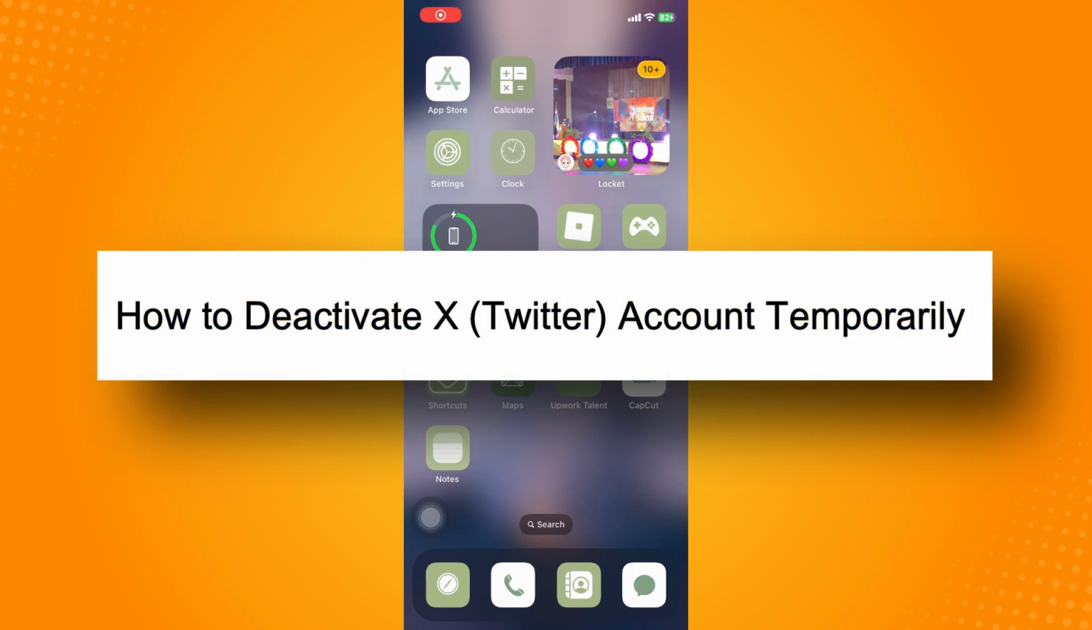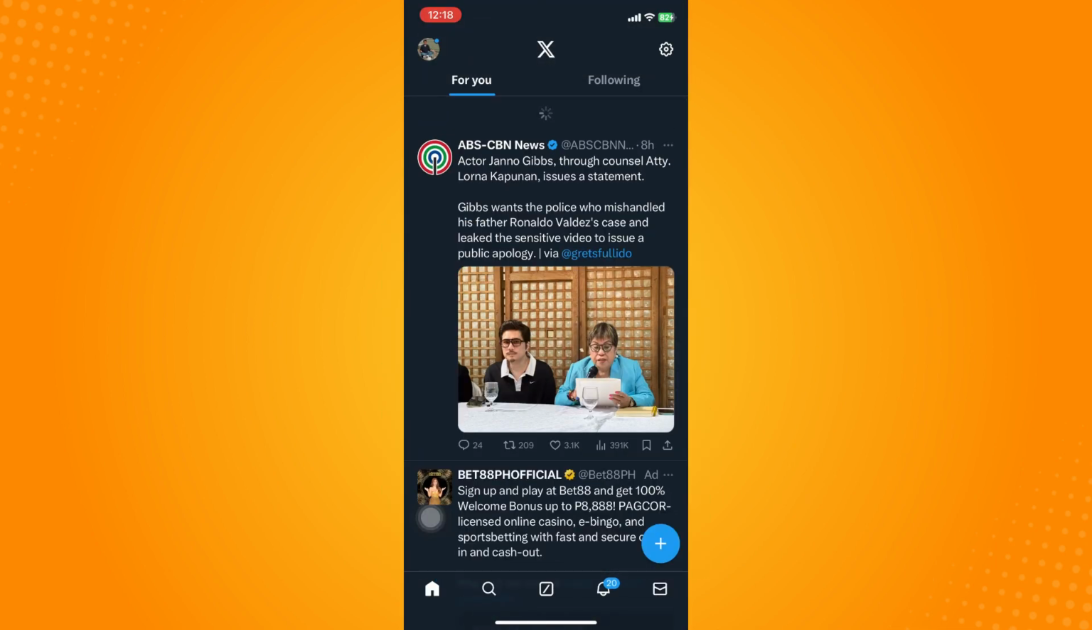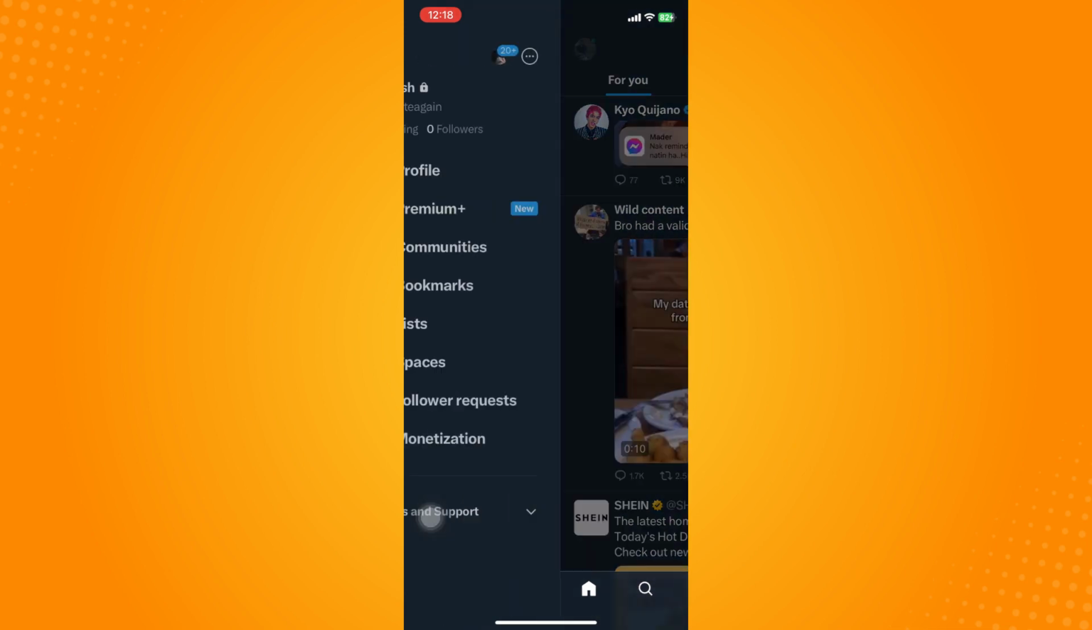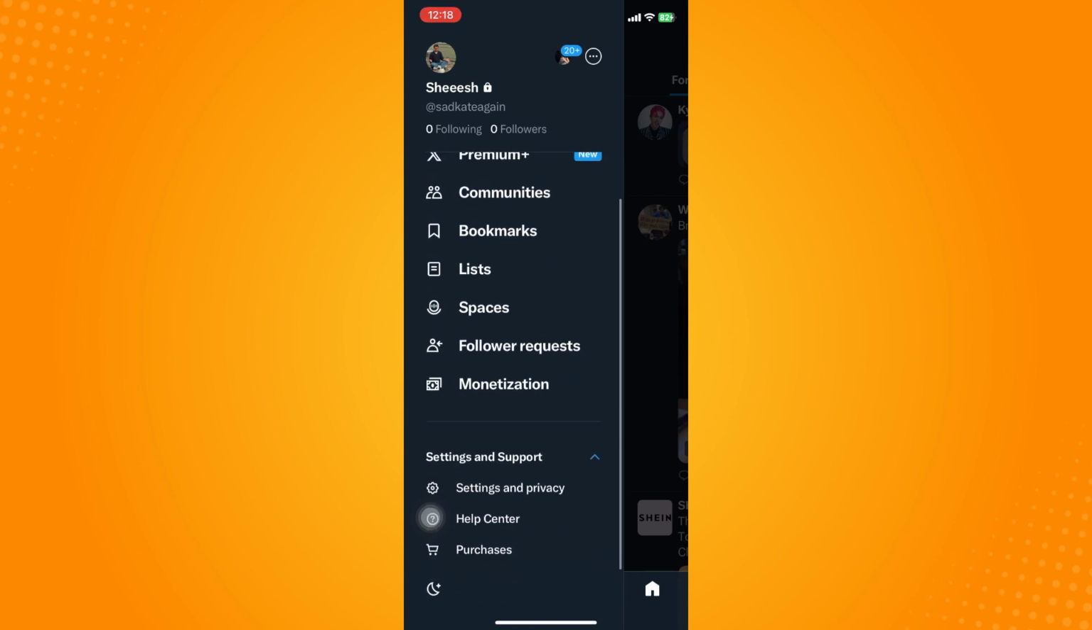How to deactivate X Twitter account temporarily. So all you have to do is go directly to your X application. Now what you're going to do next is, here it will lead to your homepage, right? And tap on your profile here, and then go to settings and support on the bottom part, and tap on